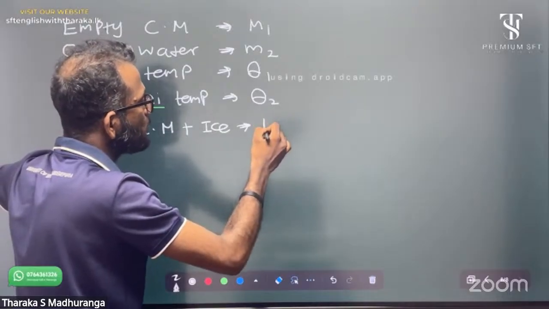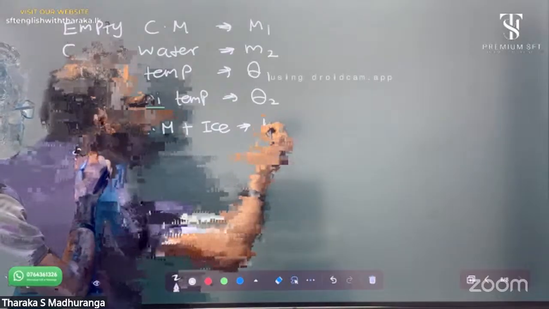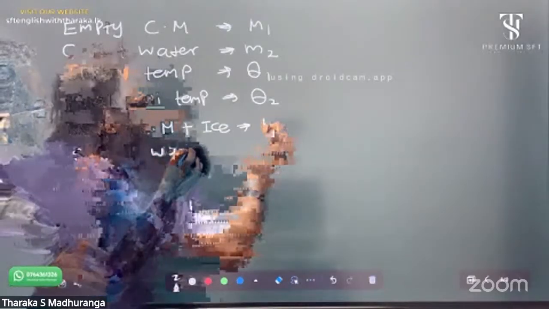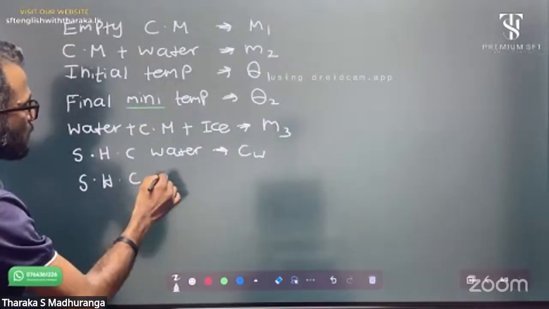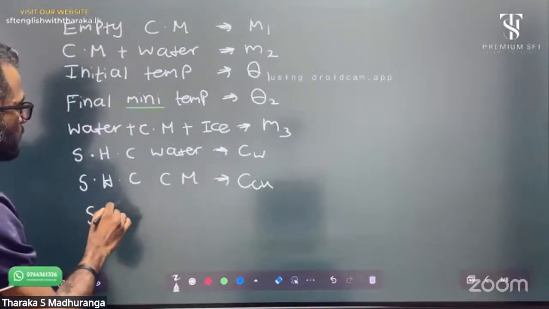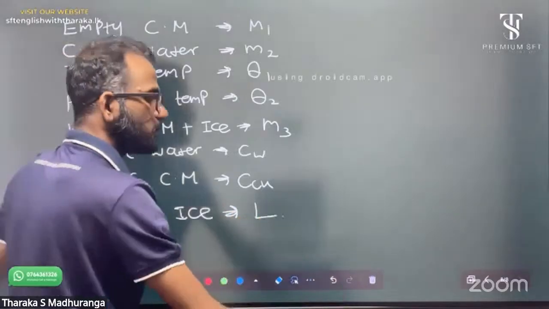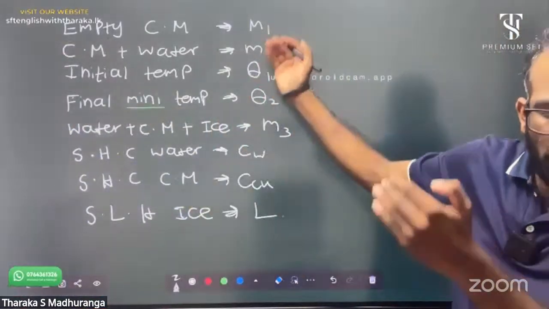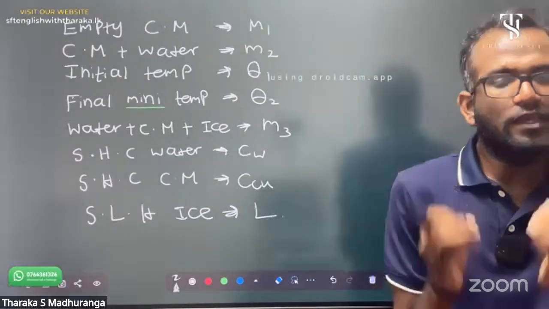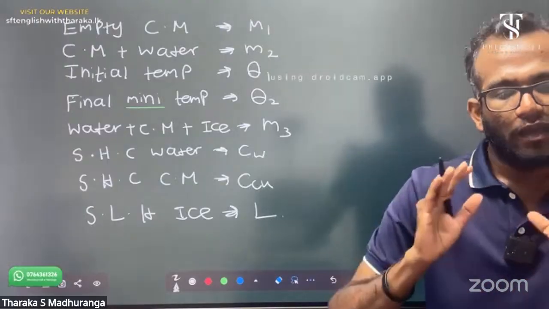Then specific heat capacity of water, CW, specific heat capacity of calorimeter, C, specific latent heat of ice, it is L. Okay, this is the basic data collection of the experiment. The thing is, you have to remember, we have to avoid heat damages and